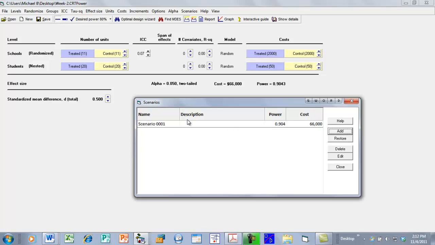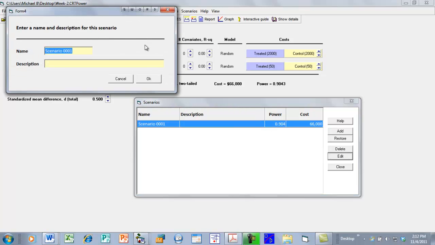One thing that we can do if we're going to keep on adding different designs is we probably want to name this and give it a description. So I click on this to highlight it, I click Edit, and I'm going to call this, let's say, the basic design, and a description would be randomize